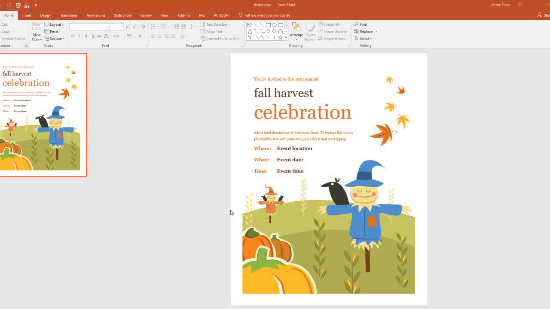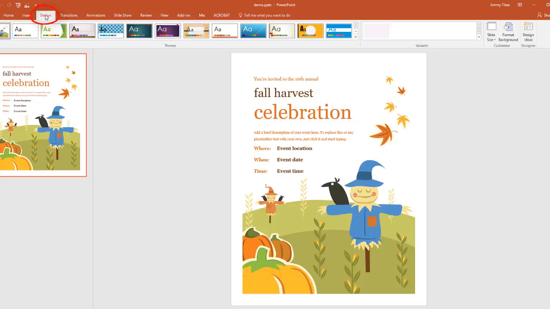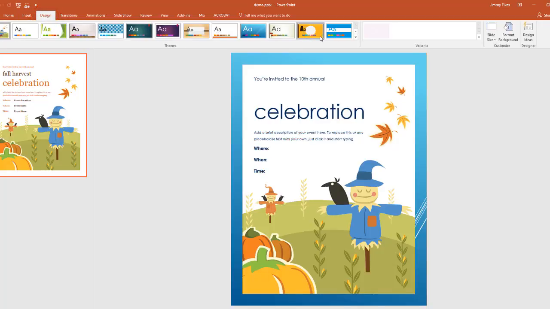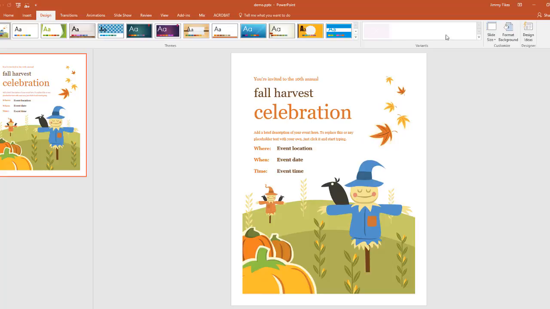Okay, let's get started modifying our theme in this PowerPoint document. So we're going to come up to Design on the ribbon, and we'll click the Design tab. We've seen this before in our other tutorials. There are no variants, but we still need to come to the More drop-down button right here with the variant